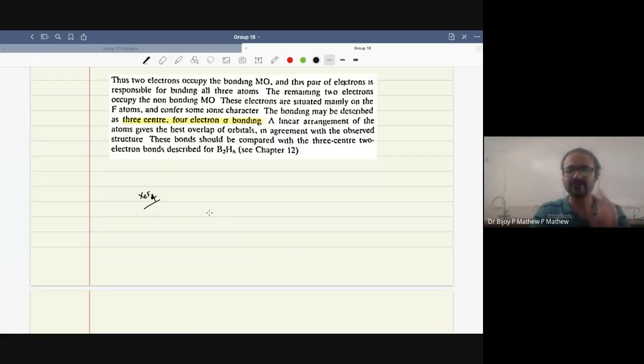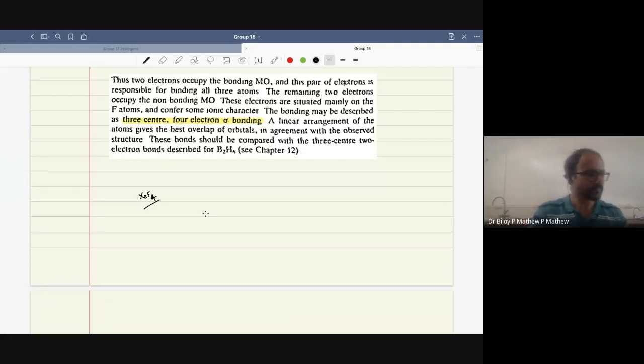There is a different kind of orbital combination also giving rise to different bonds. Molecular orbital theory gives us a realization of the actuality of the bonds, whereas valence bond theory is like an empirical methodology to find out the structure and the shape. It gives a brief idea about the type of bonding that is happening, but it doesn't give you an absolute picture, which molecular orbital theory usually provides.